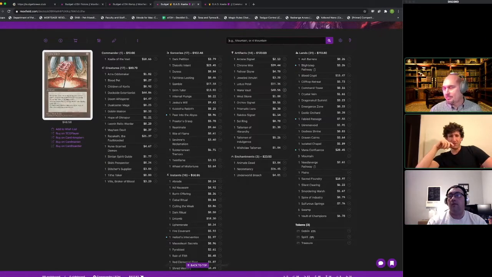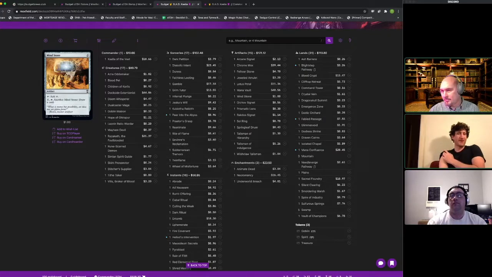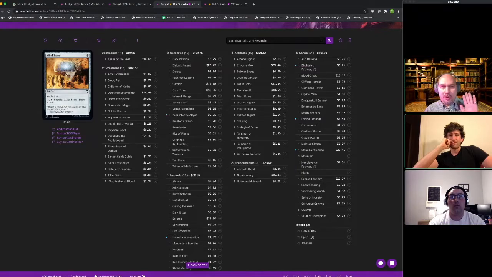And by the way, you should explain the combo that you can do with Stitcher Supplier and Culling the Weak, just for people who don't know it. So essentially, with this, you cast Supplier. One of the conditions of it entering the battlefield is you mill yourself for 3. You either have an Underworld Breach on the battlefield already, or you cast one, then cast Culling the Weak, which is a ritual that you sacrifice a creature for. When the Stitcher Supplier dies, you also mill 3 cards on its dying trigger. So with that 4 mana from the Culling the Weak, you can